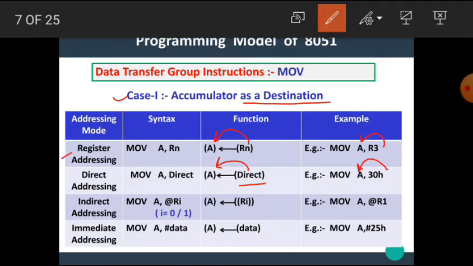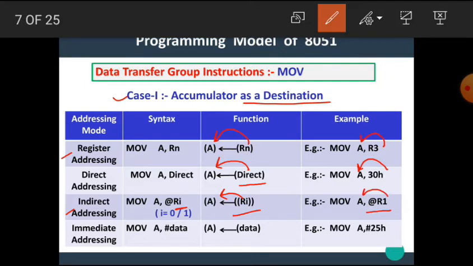The next addressing mode is indirect addressing mode. MOV A, @Ri. Here Ri means R0 or R1. The function is that the data which is pointed to by the register Ri is copied into the accumulator. For example, MOV A, @R1. That means R1 is used to point to the data in the memory location, and this data is copied into